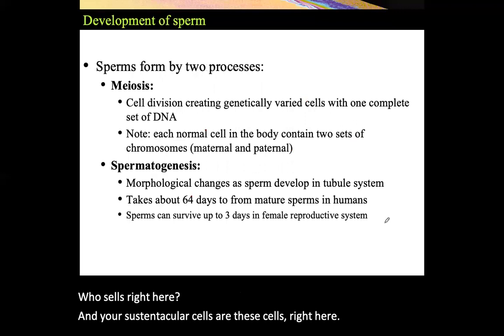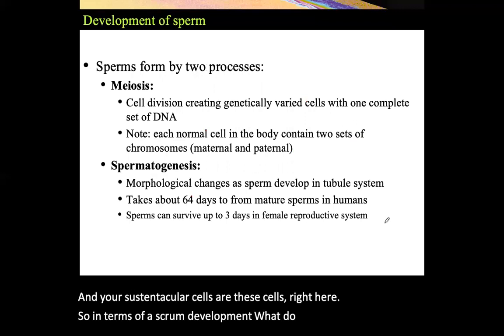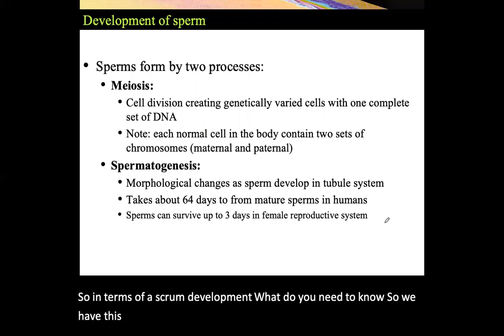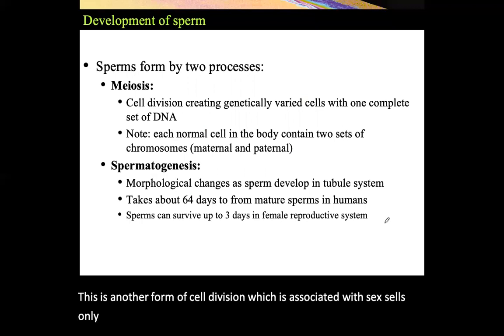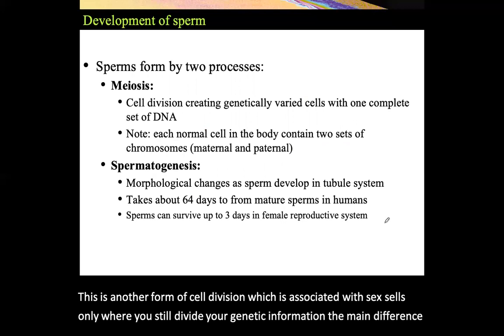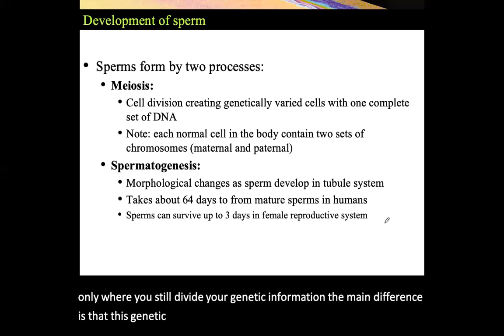So in terms of sperm development, what do you need to know? We have discussed meiosis and mitosis in very brief terminology earlier in the semester. Meiosis is another form of cell division, which is associated with sex cells only, where you still divide your genetic information. The main difference is that this genetic information will eventually be placed inside the sperm in terms of male,